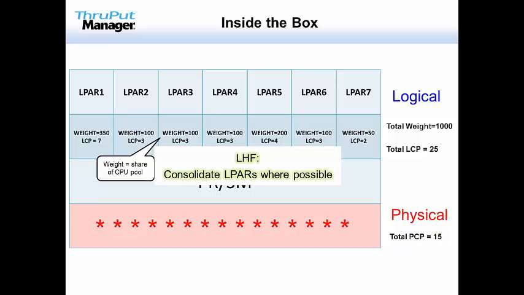In this case, I've got 4 LPARs collectively with 12 logical processors. It would be far more efficient if I could combine those into, say, 2. And I probably wouldn't need 12 logical processors in total. It's doubtful that all these applications would be active at the same time, and you're going to save a lot of overhead there.